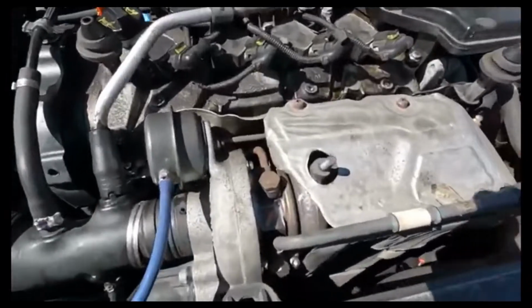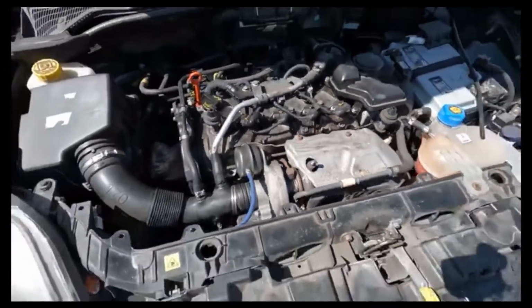If you haven't seen the previous video, I'll put a little clip in because you won't have any idea just how bad this car sounded. So we've rectified that. One of the mechanics at the garage, Stefan,